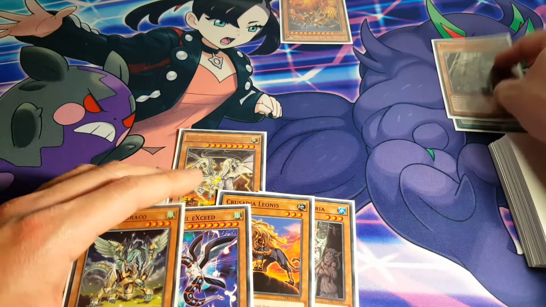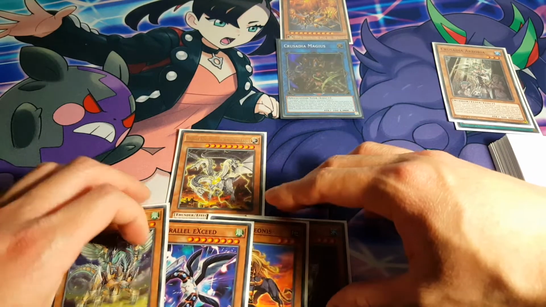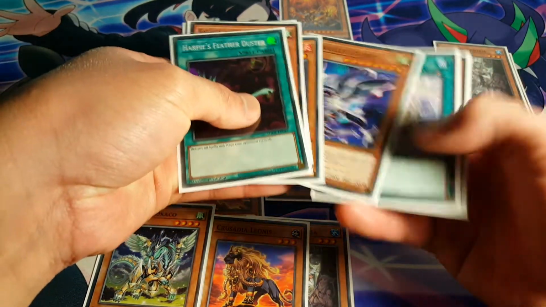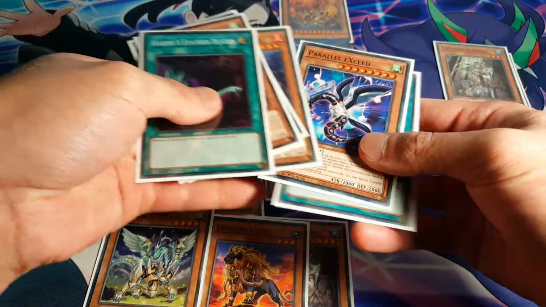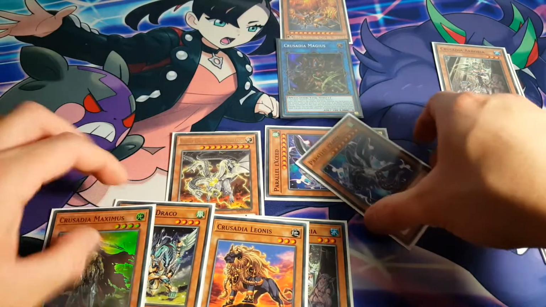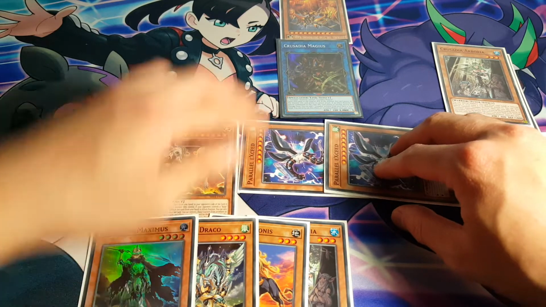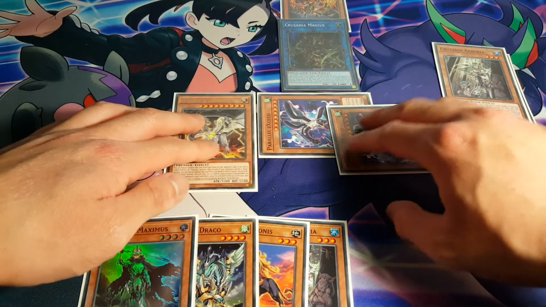Normal summon out Arborea, link it away, Crusadia Magius, and next up we bring out our Parallel Exceed, of course, and we search out the Maximus and of course the other Parallel Exceed to summon out. So get that to the hand, we summon this out over here, which is great. Of course, I'll just move that up a bit to give us a bit of space to work with,